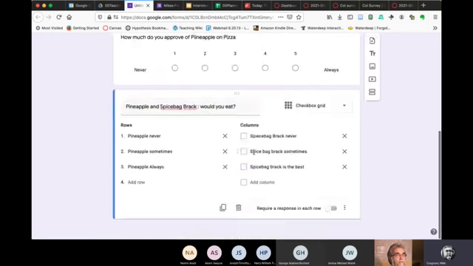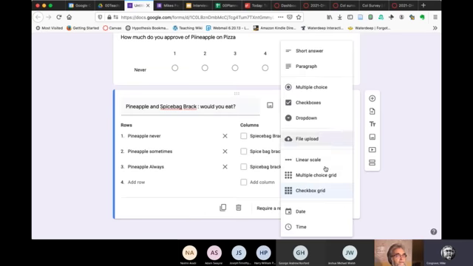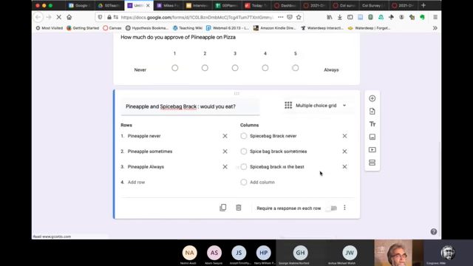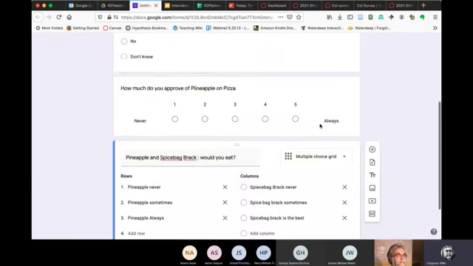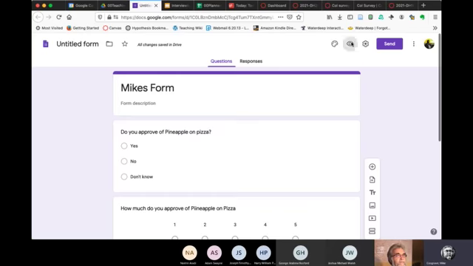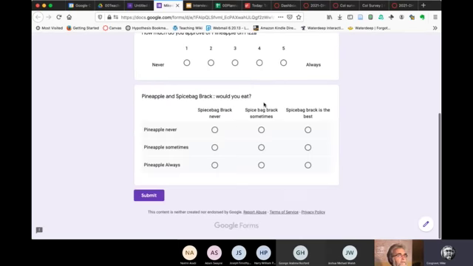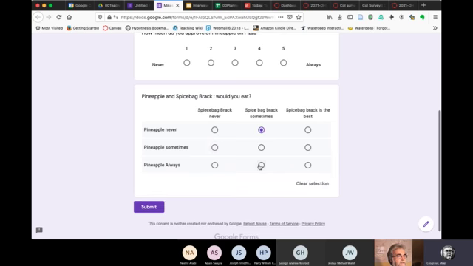This is another problem with, so what happens if I change this to a multiple choice grid? Oh, it works. So we make that go away. Leave page. And we go to this and go back and do the preview again. So now I would try this, and I cannot answer it. If I answer something, I shouldn't be able to do that. Yeah, on each row.